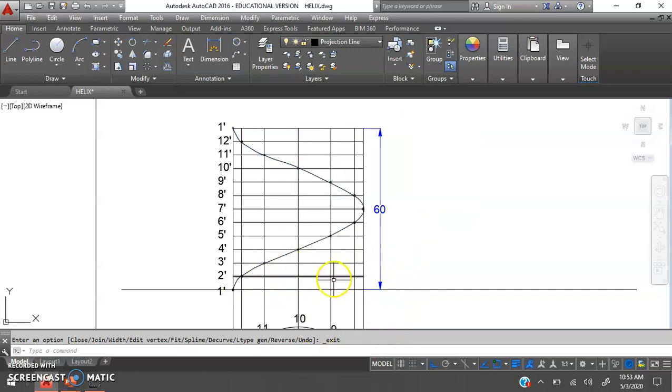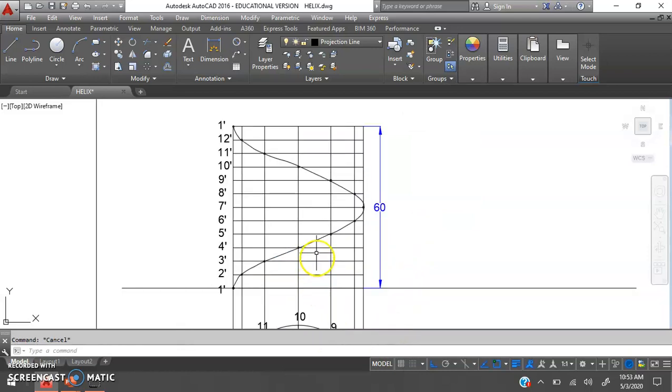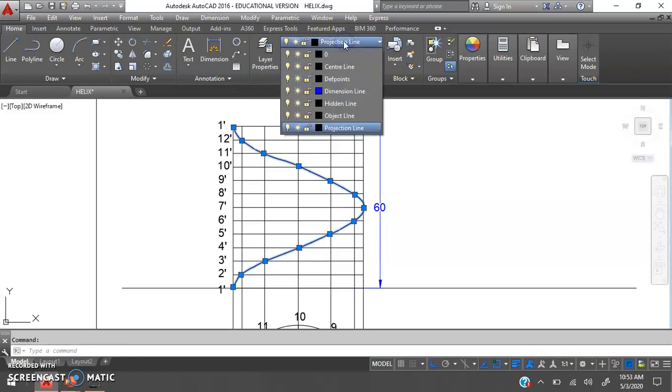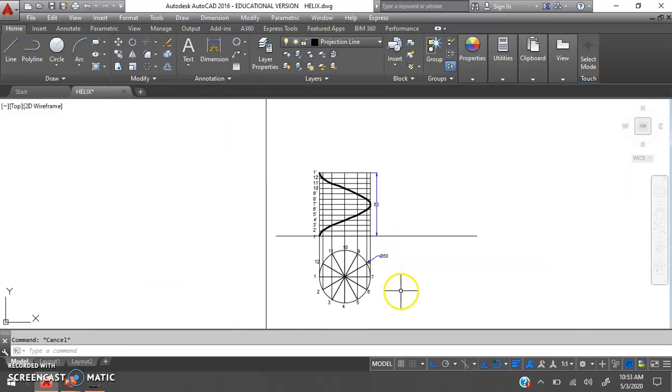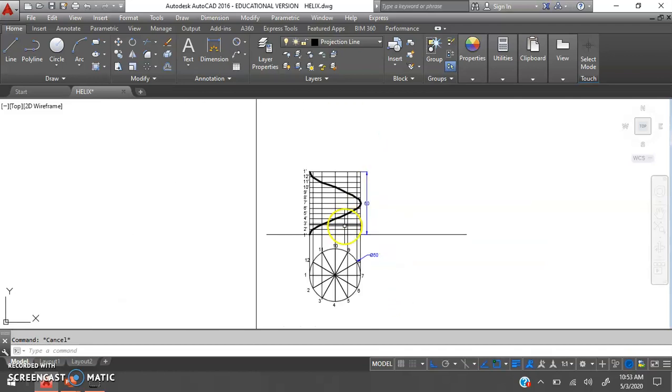So it will convert itself into a curve, and then I want this as an object line because only the curve has to be shown dark, and all other lines are shown as faint projection lines.